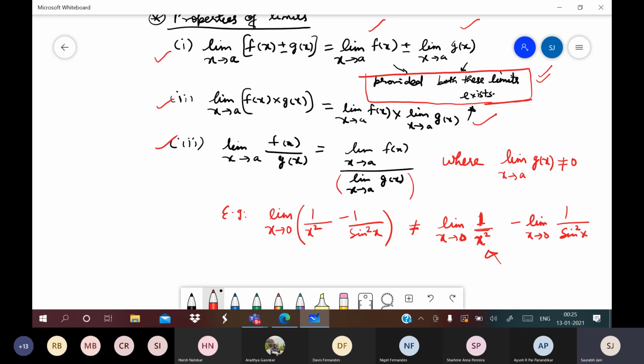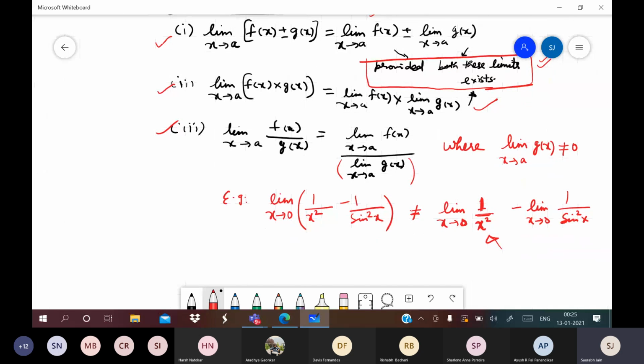So at the moment of distributing this symbol, you should make clear that the terms where you are distributing the limit have some finite value. The limit should be a finite number. There will be so many questions after this. We'll use these properties again and again. This was just one example. Almost in every question you will have to use the property, so that will give you a better understanding. For now, there is one more property here, that is the fourth one,